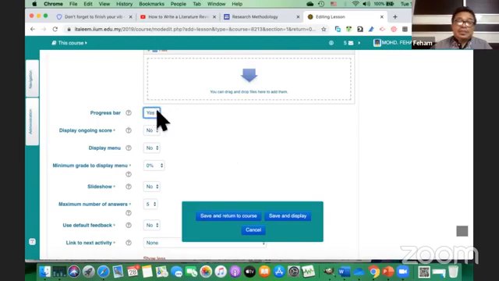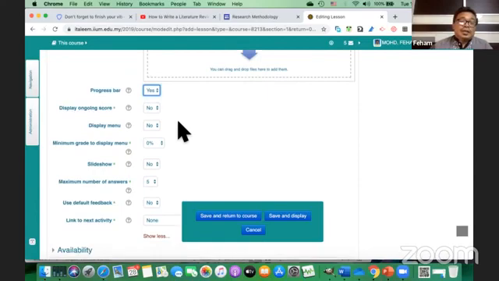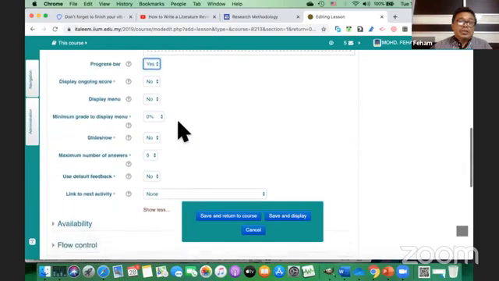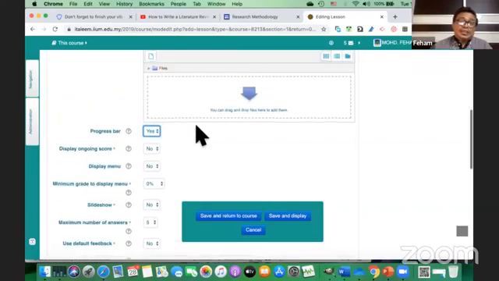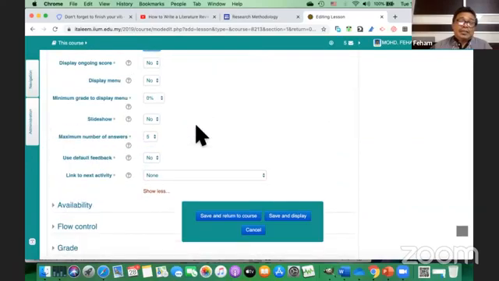So you can just click yes. Display ongoing score, need not do so. Display menu, need not do so. You can decide that at a certain percentage the menu will be displayed. So we have a lot of options inside appearance that you can utilize and manipulate in your lesson.